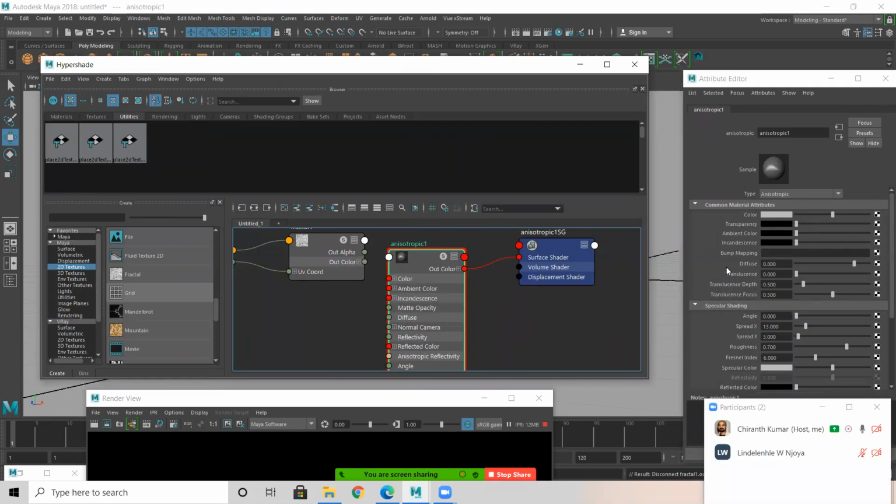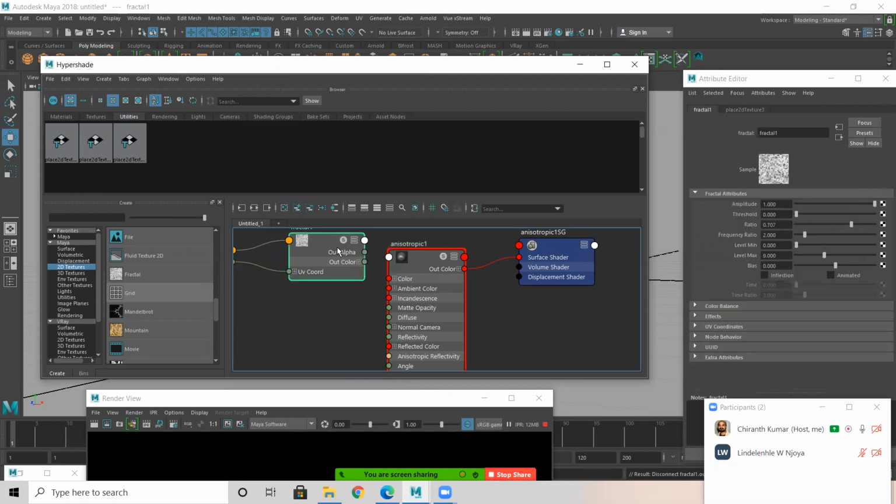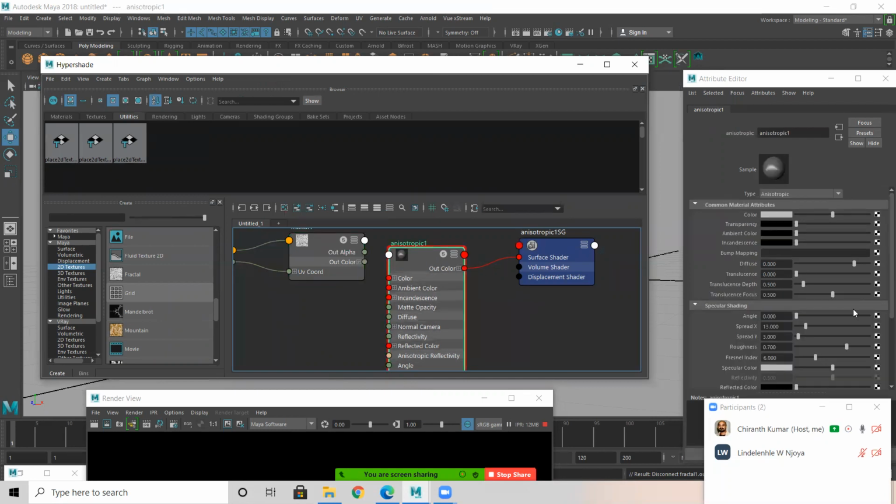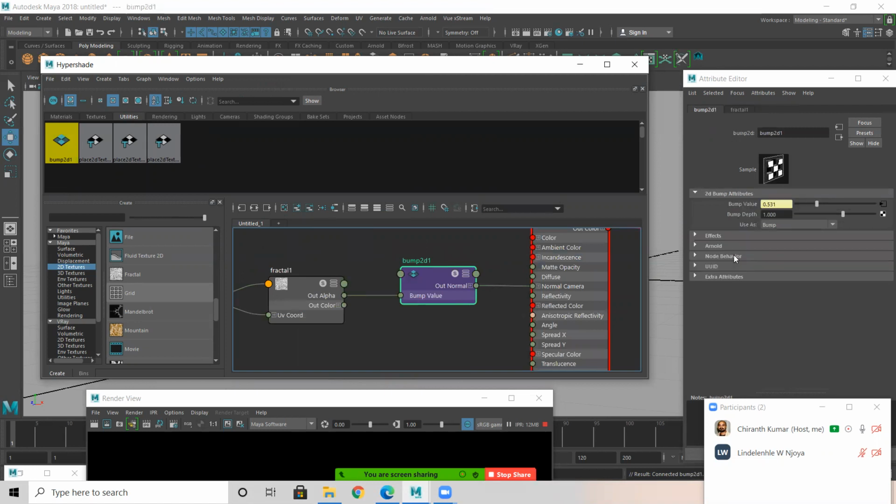We have the properties of anisotropic here. Here you don't click, because if you click, this attribute will come. But I want the anisotropic attribute, or any material attribute. Then here, middle click, drag and drop to bump map.